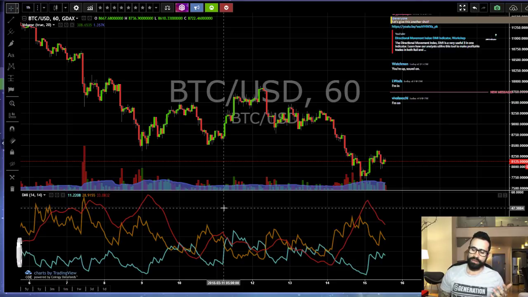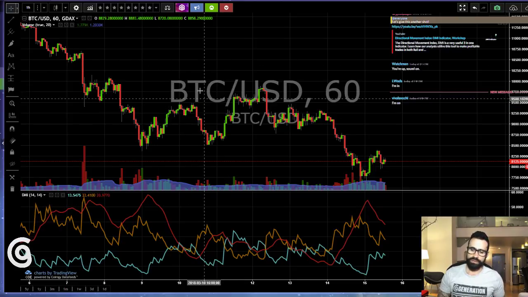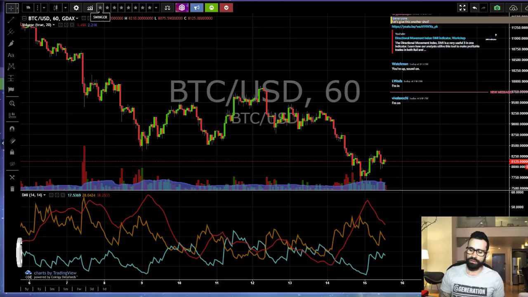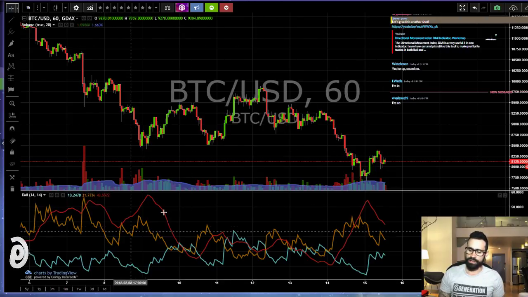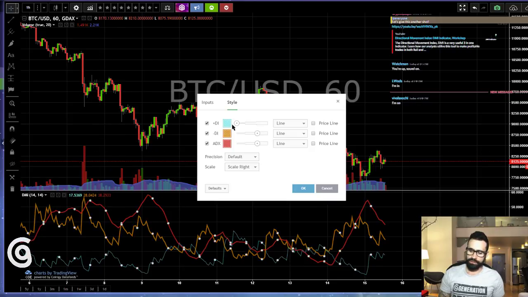I opened the position at 78.70 and closed it out at like 82.50, and I closed it out on a divergence. So I'm going to go to the time frame that I saw this developing on. Well, actually, we can start with just the ADX for now, and I'm going to make the other lines less visible. So we're looking at just one line,